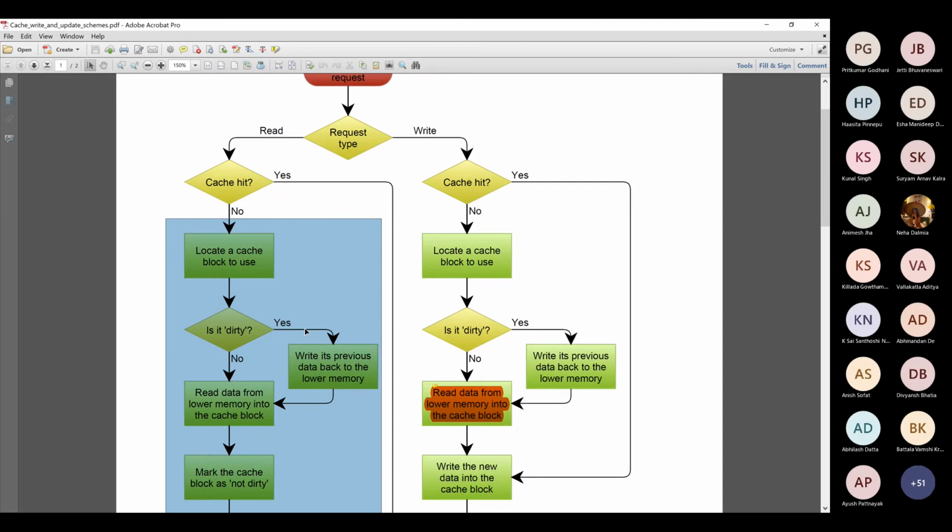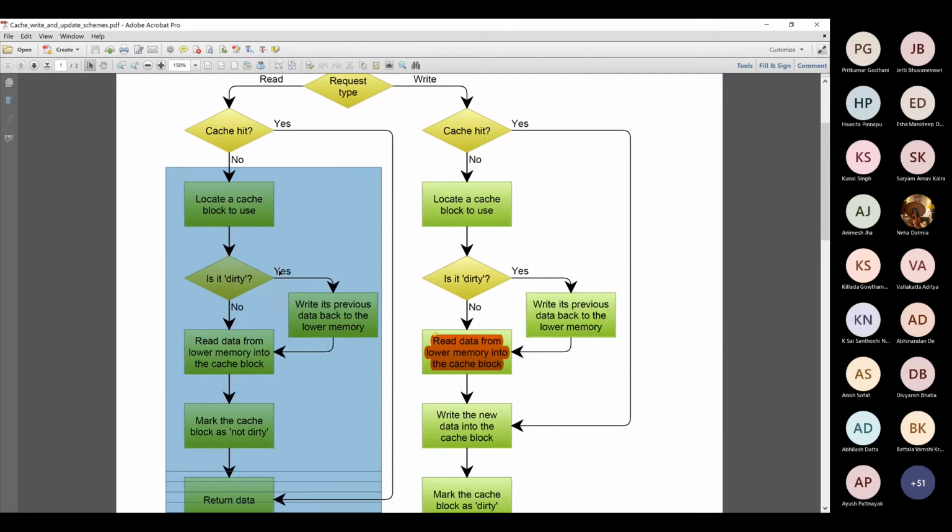The question is, before you kick it out, you check: I am kicking it out, but did I synchronize its contents with memory? Is it dirty or not? If I did not synchronize, it is dirty. So if it is dirty, I follow this yes path and I synchronize it into memory, and I overwrite that cache block not with the same block, but with some different block. So again, let me go back to the slide and display.